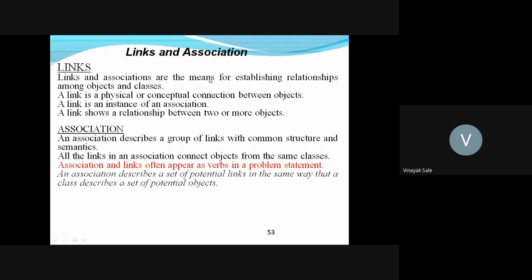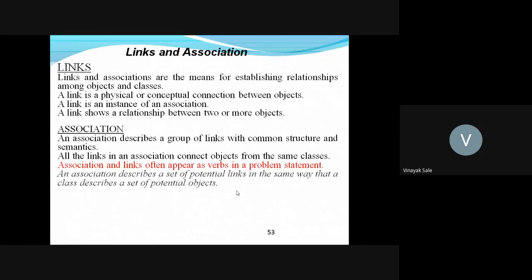Then the next part is links and association. A question may be asked for 4 marks: explain the concepts of links and association. Links and associations are the means for establishing relationships among objects and classes.